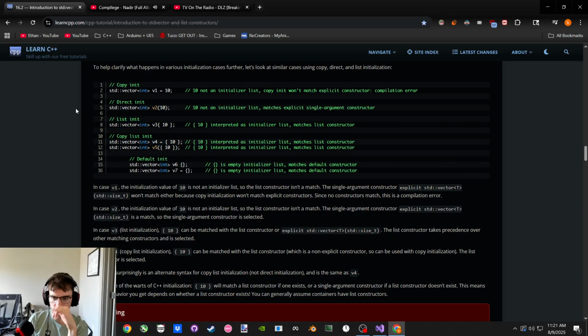But only the single argument constructor is explicit, which prevents single argument, disallowed because it's explicit. It disallows this type of initialization. Single, I guess it's just copy. Direct, same thing, but with direct initialization, allowed. It's explicit. List